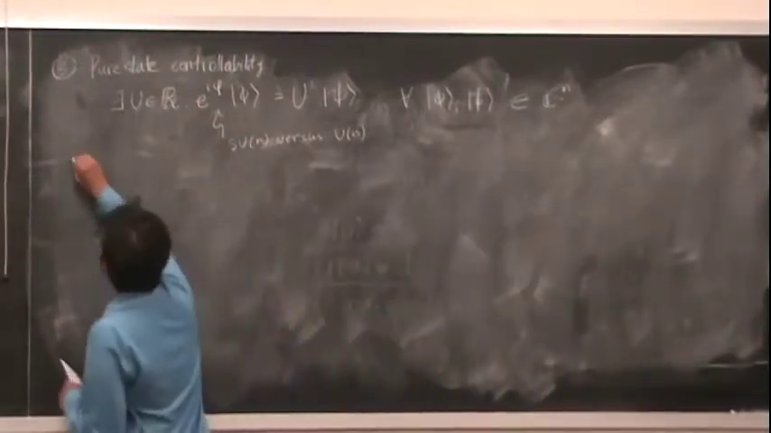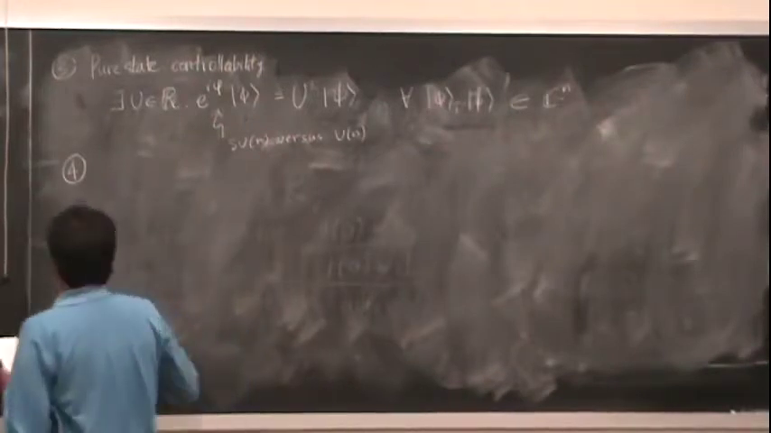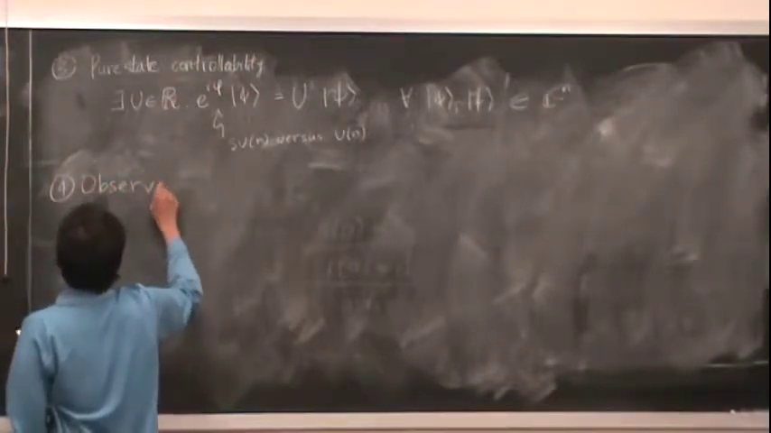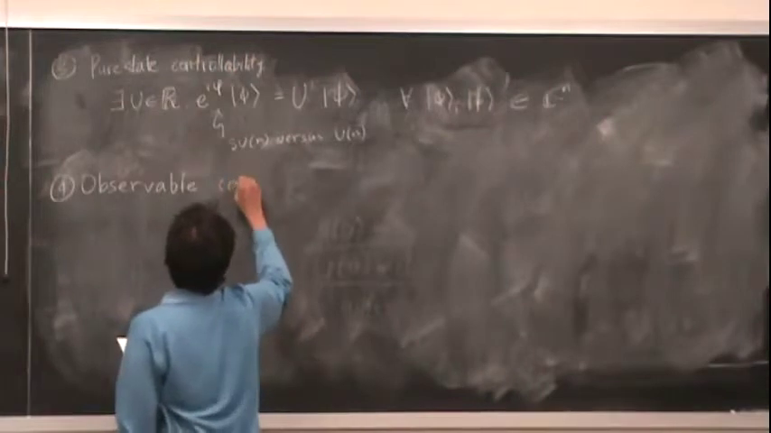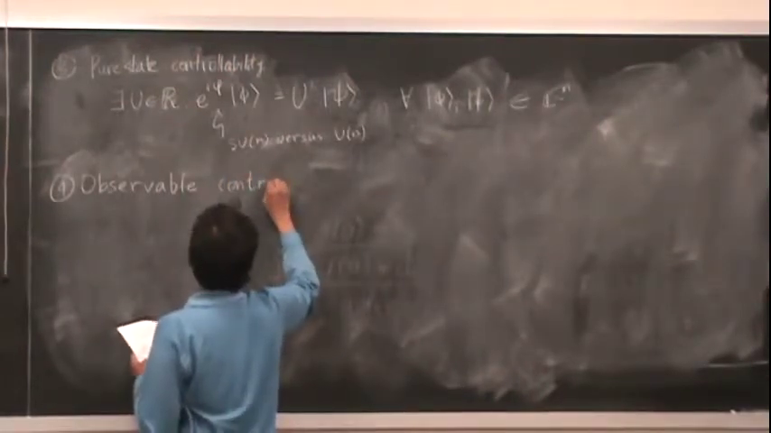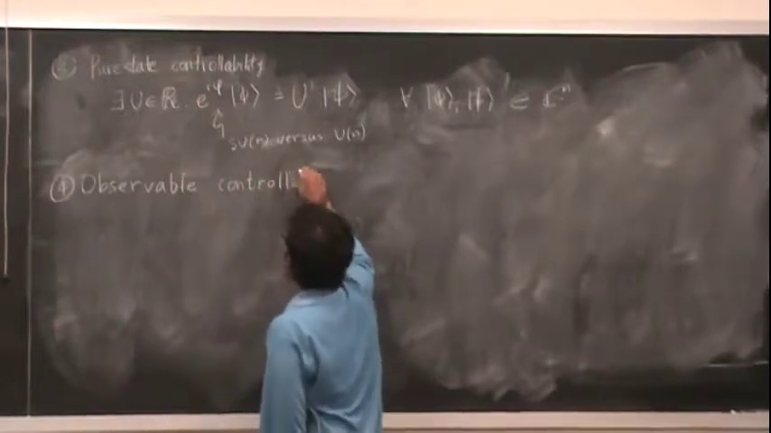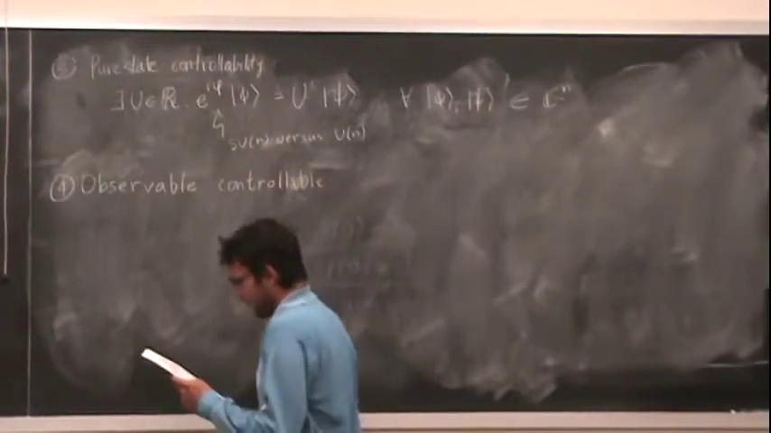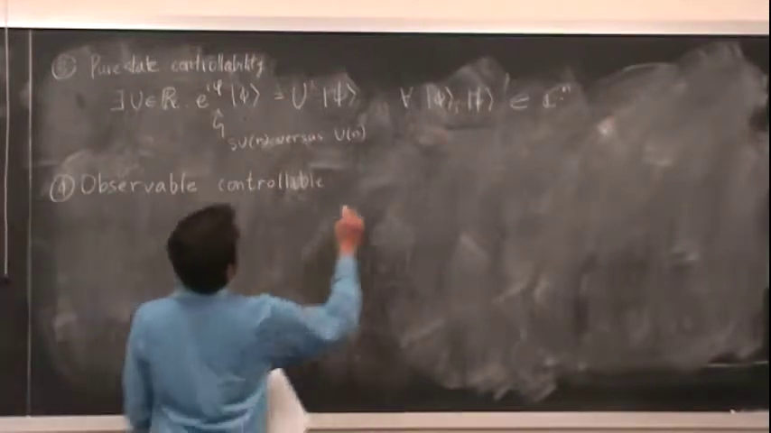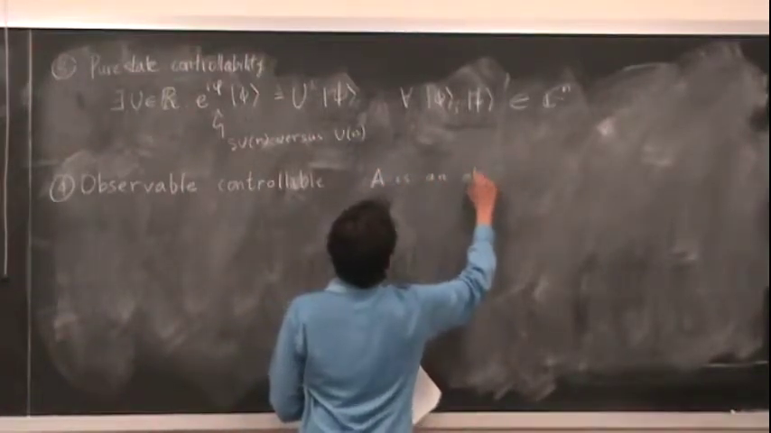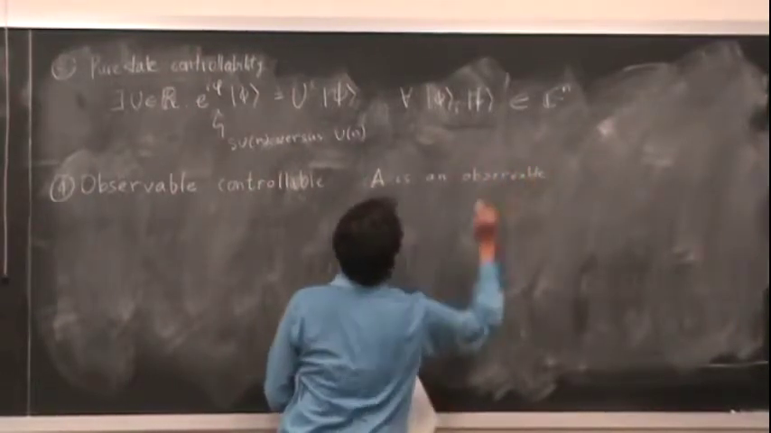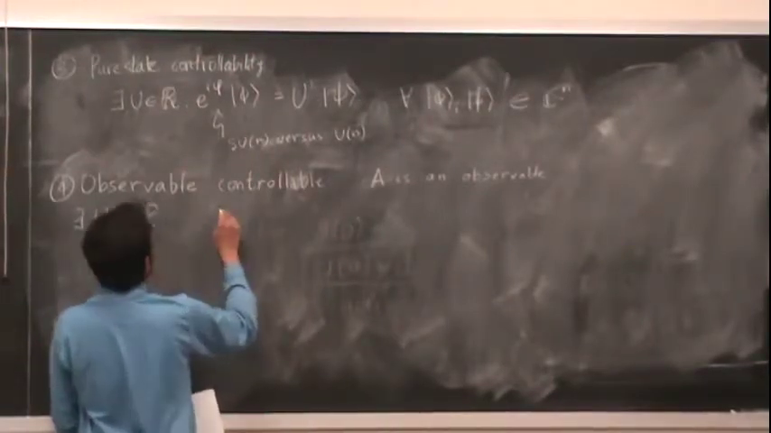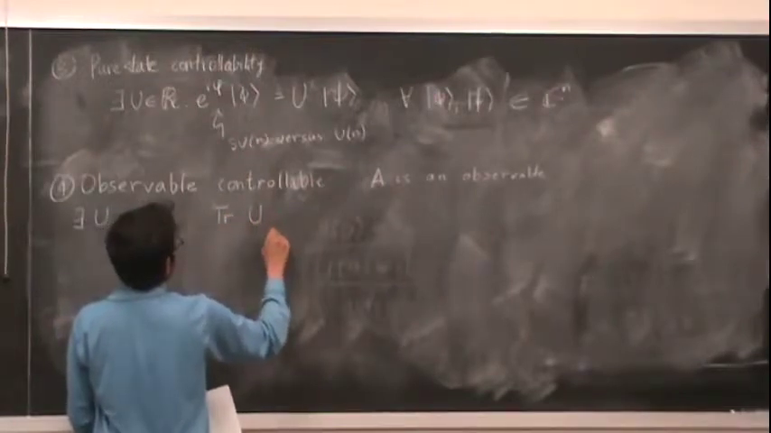And there's one final one which I just mention, but I have not seen this being used much. It's called observable controllability. Basically the idea is I just want to map some moment of an observable to something else that is kinematically equivalent to it. So let's say A is an observable. There exists U belonging to the reachable set such that, excuse me, a trace of U dagger rho,